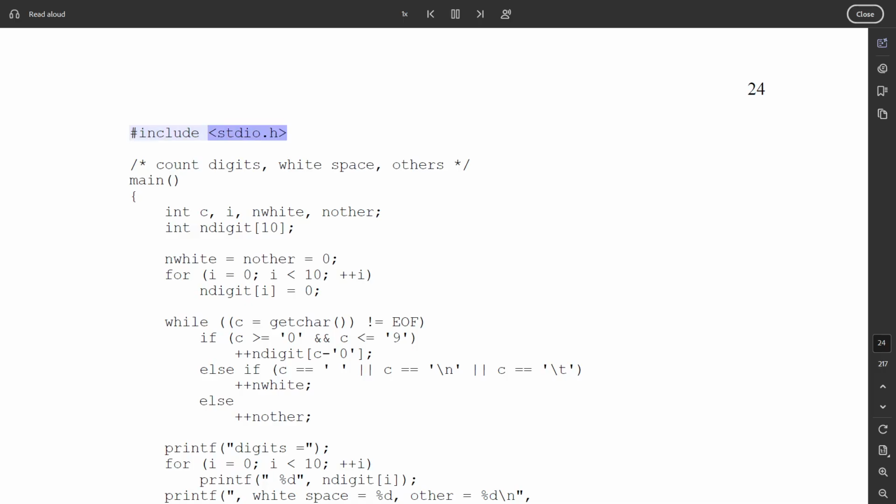#include <stdio.h> /* count digits, white space, others */ main() { int c, i, nwhite, nother; int ndigit[10]; nwhite = nother = 0; for (i = 0; i < 10; ++i) ndigit[i] = 0; while ((c = getchar()) != EOF) if (c >= '0' && c <= '9') ++ndigit[c-'0']; else if (c == ' ' || c == '\n' || c == '\t') ++nwhite; else ++nother; printf("digits ="); for (i = 0; i < 10; ++i) printf(" %d", ndigit[i]); printf(", white space = %d, other = %d\n", nwhite, nother); }